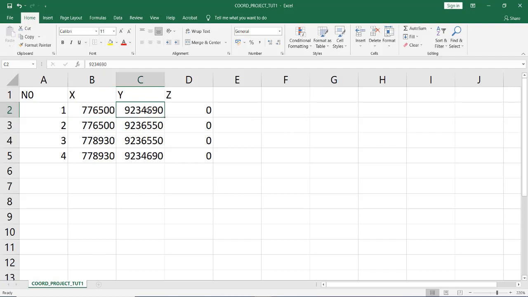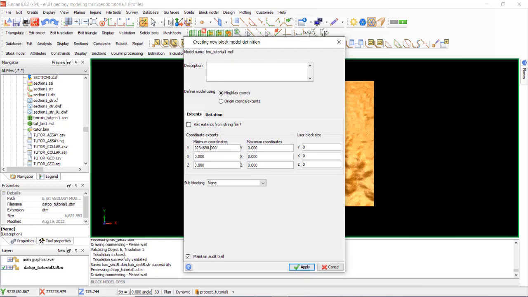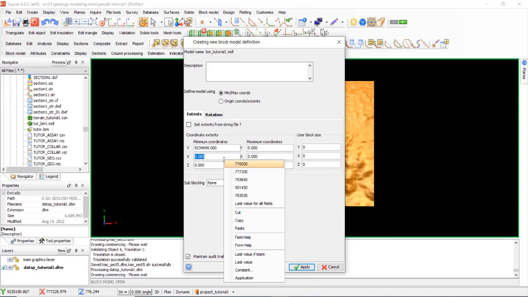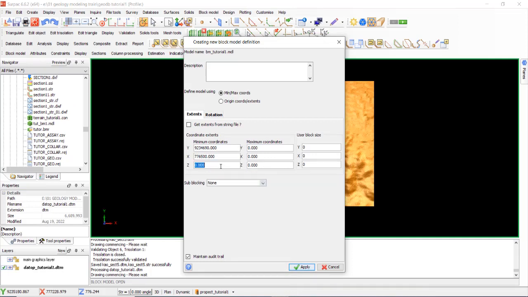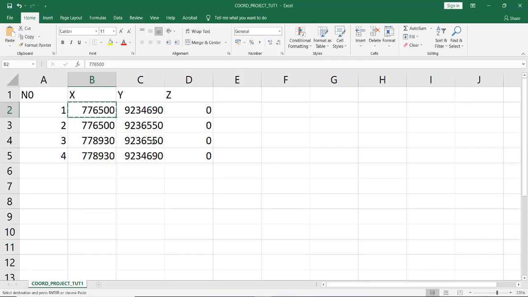This one starts from Y, coordinate number 1, paste here. Okay, and then X, paste here, and the lowest elevation is 600, and the highest elevation is 940, and the highest coordinate, select number 3.